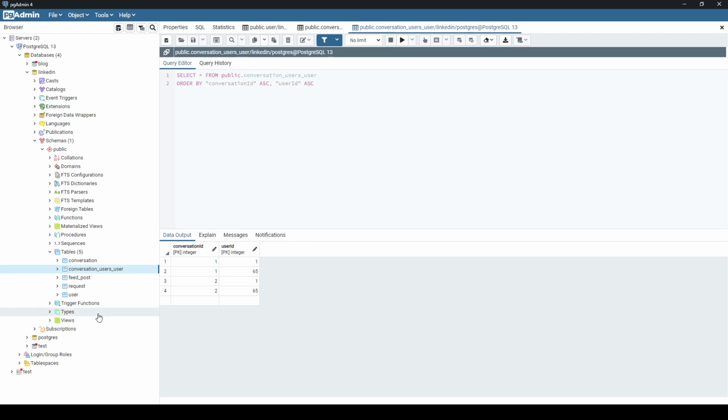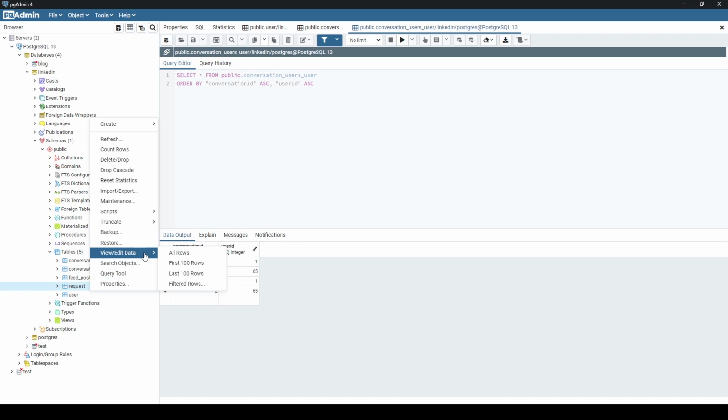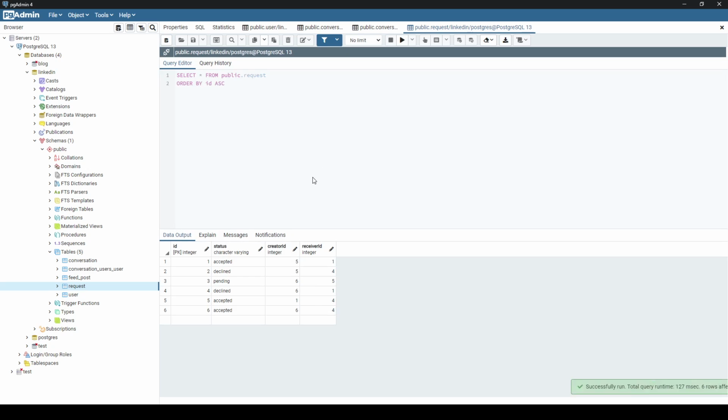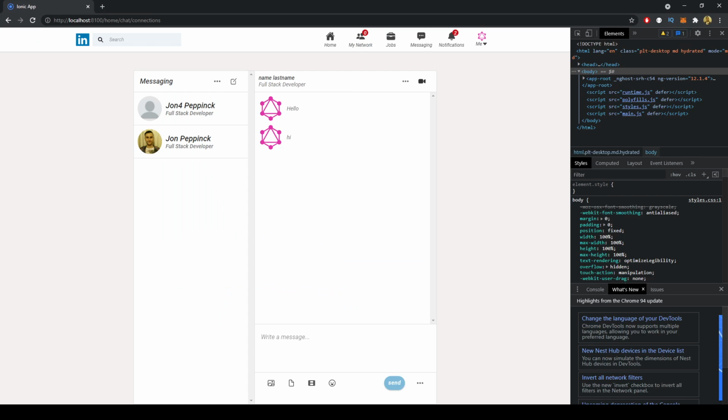What I was more interested in, and we'll get back to the conversations in the next video, but what I was trying to show for the relevance of this video is this request table rather than the conversation table. We can see that we've got some requests here. So right now we're logged in as user 2,